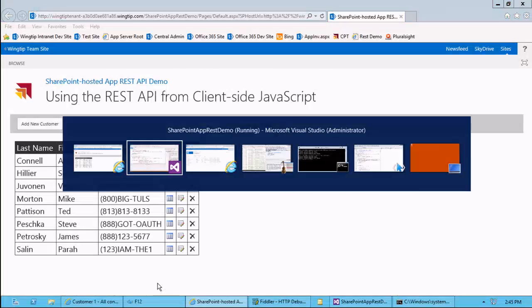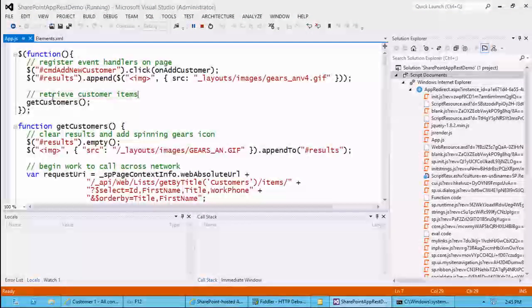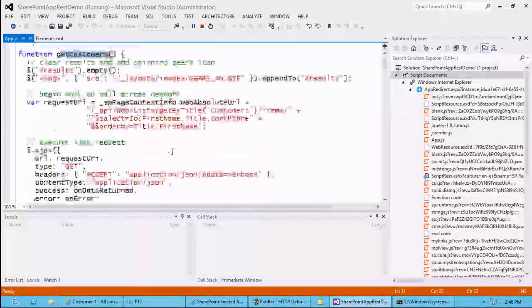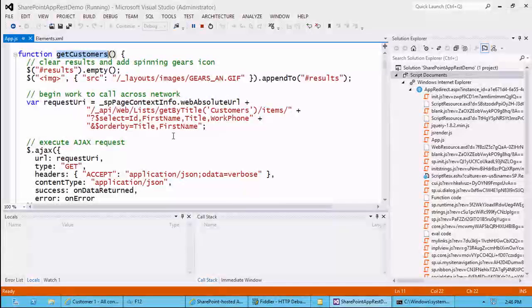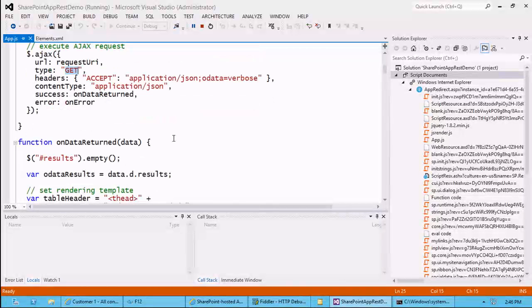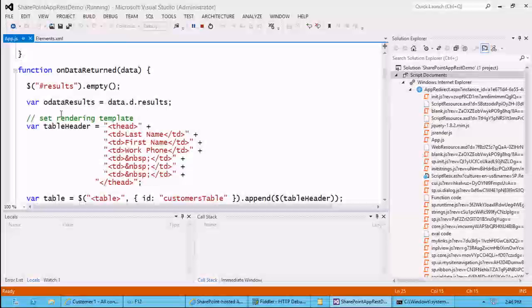So in this case right here, I'm going to basically put some code and event handler behind this one button, and then I'm going to call get customers. I call get customers, and get customers basically puts together the URI. It then calls Ajax and sends a get, puts the stuff inside there, and then as the data comes back, there's this one div. I empty it out, and so here's an example of getting the data back inside there. Now,